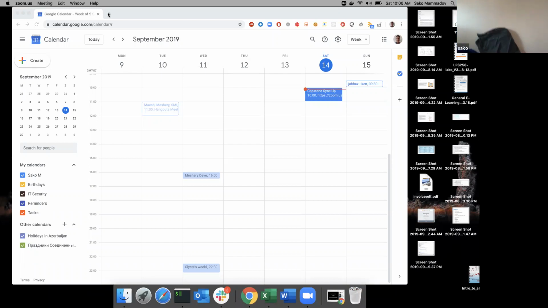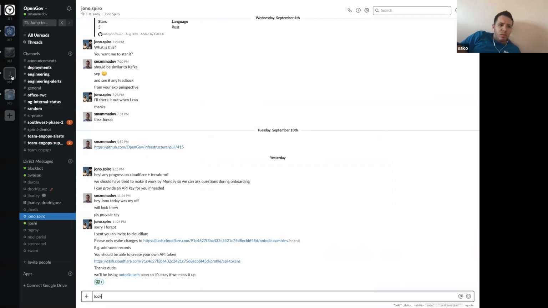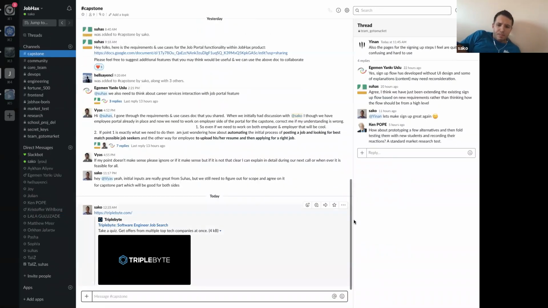Was the Gantt chart already there? Let me see. So topic, team, market, why it's better, team members. That's what I have here. So topic, scope. Everybody can access the drive I put in the Slack.